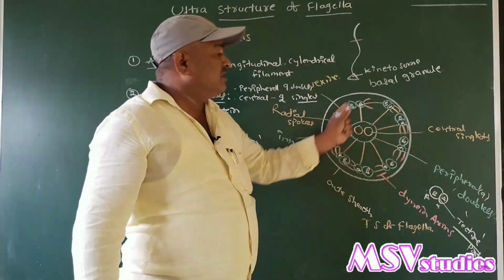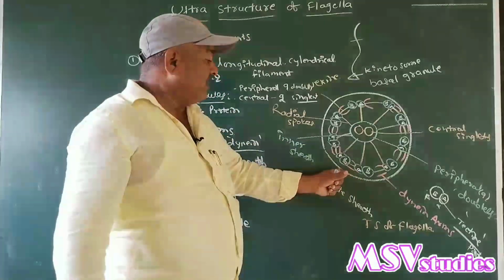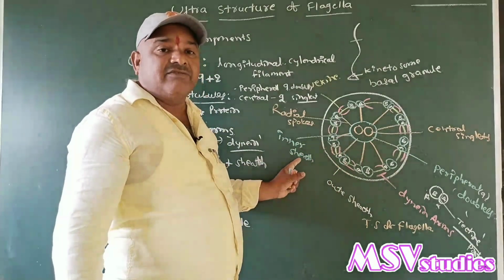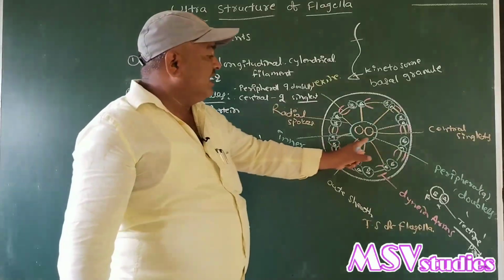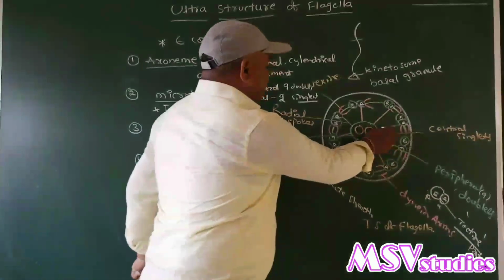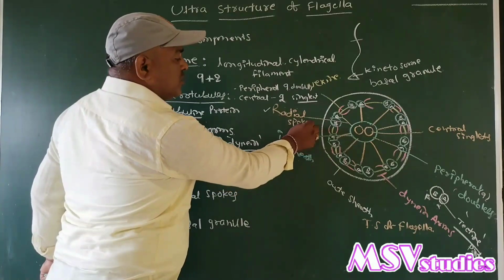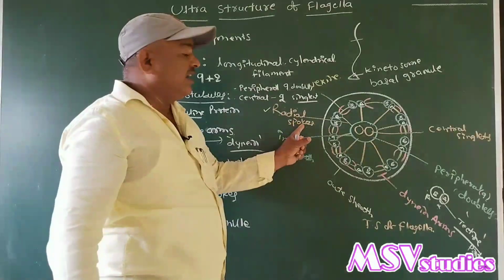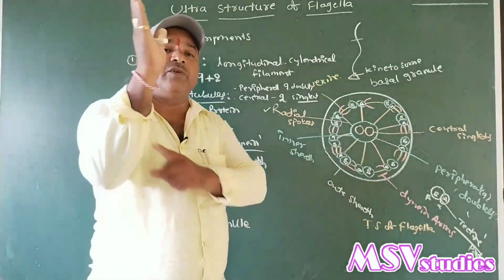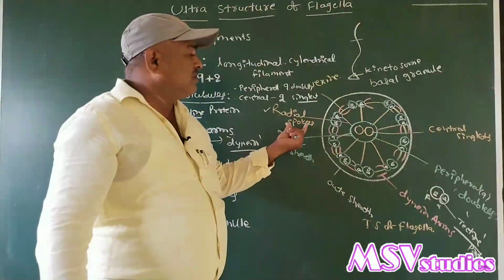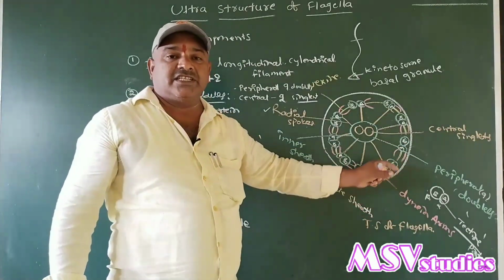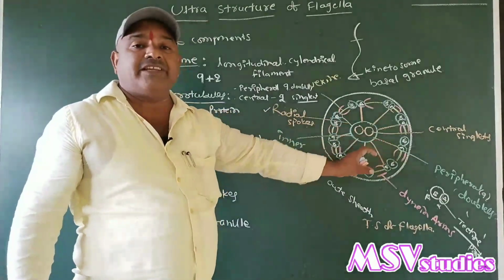The peripheral microtubules are covered with outer fibres. This is called the outer sheath. The central singlets are covered with inner fibres. These inner fibres connect with the A peripheral microtubule by elastic fibres. They are called radial spokes or radial bridges. These radial spokes also help when the flagella performs bending movement. They restrict the sliding and bending of the peripheral microtubules.